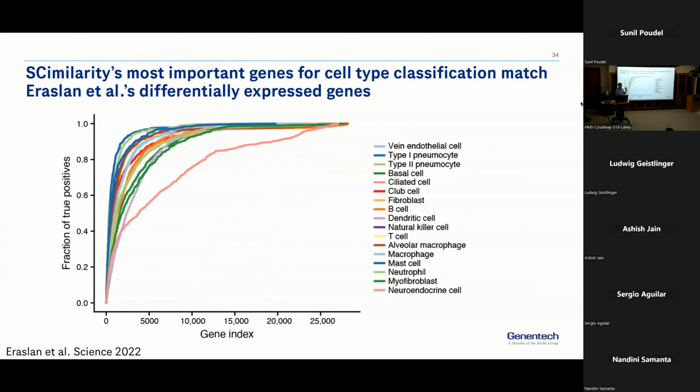So basically they're taking each of these carefully annotated cell types and doing differential expression to find which genes are most unique for these different cell types. And you can see that in my gene list, many of them are at the very front of my list, and it flattens off, meaning that the later genes aren't that important in either of our lists. I would say we do pretty well in everything except the neuroendocrine cells. I don't really know what's going on there. But this is encouraging to see that the classifications make sense, we get a good degree of accuracy, and the model is making decisions based off of genes that we know and love.